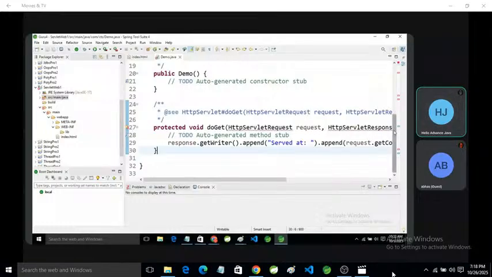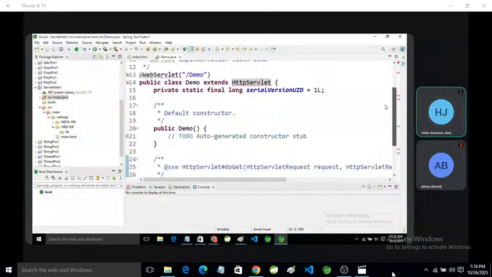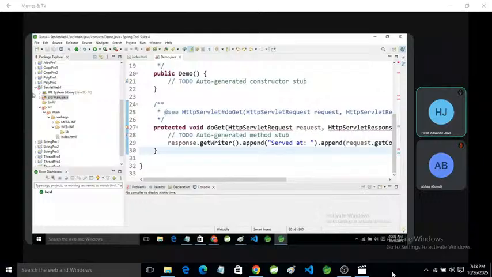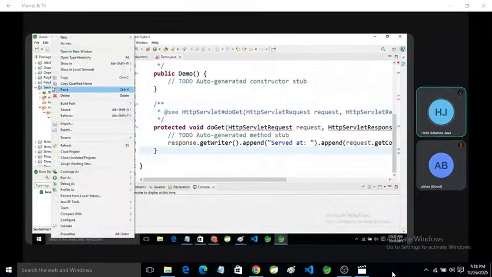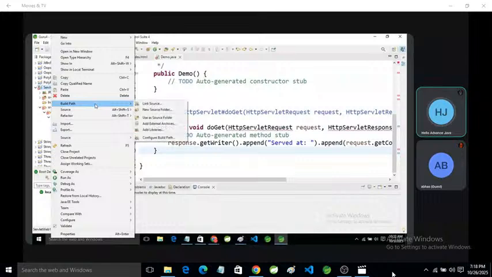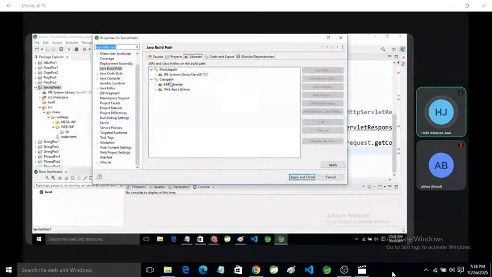It's showing errors here. You can see there are a lot of errors. For this purpose, click right mouse button, click on build path, click on configure build path, click on libraries, click on classpath, click on add external JARs.